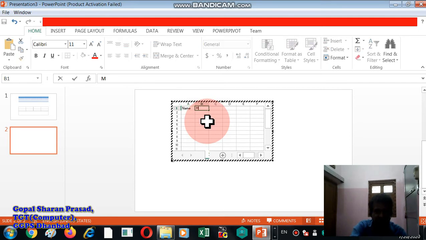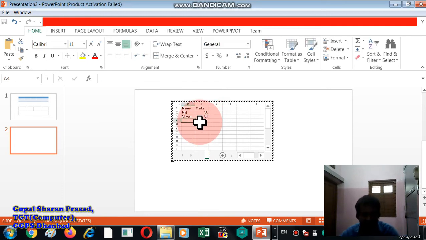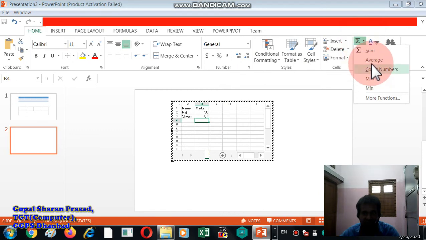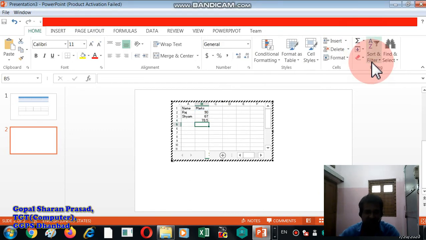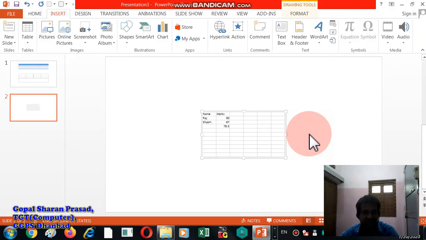Name, marks, name is Raj, marks 90, Shyam, marks 67. I want total here. Do total or average, whichever you want, average. Press enter. Click outside. See, your data is there.